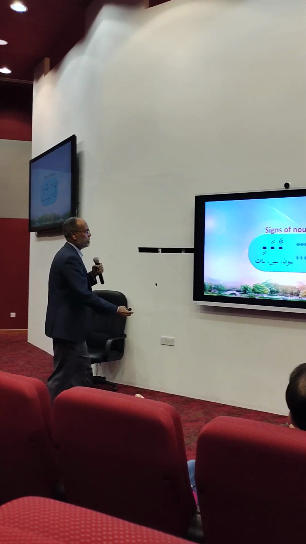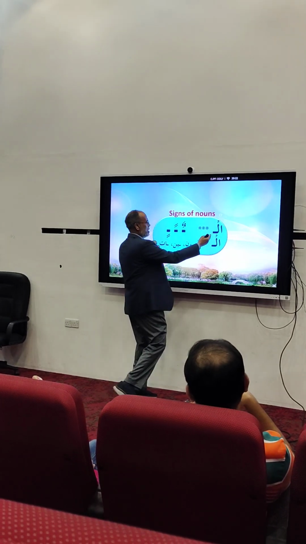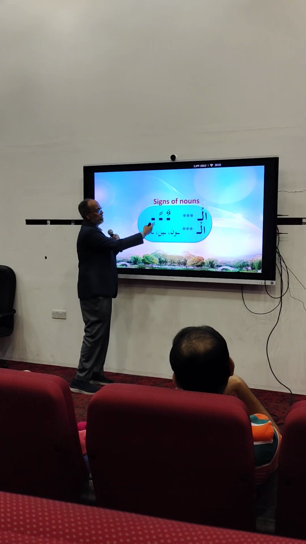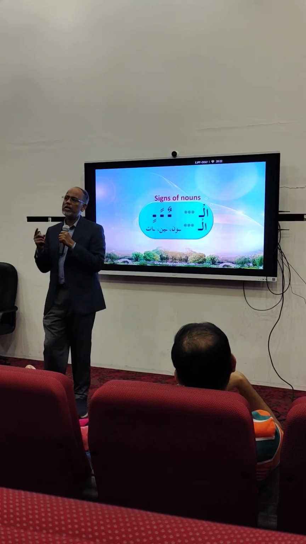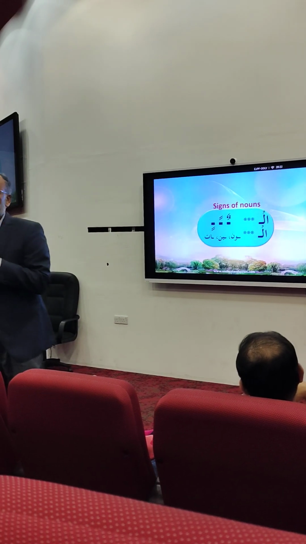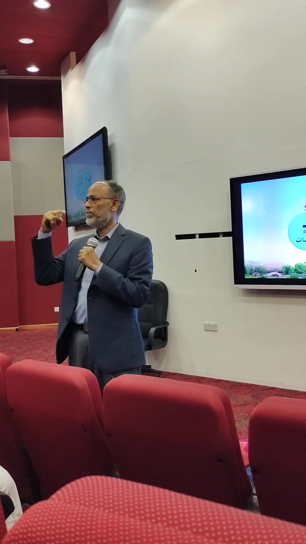Signs of a noun are, therefore, you can have al in the beginning, like at-talib or al-kitab, or at the end you can have un, like kitabun. I told you kitaban, kitabin. Un is a sign of subject, an, kitaban, is a sign of object, and in is after a preposition, and that adds a lot of richness to Arabic language,